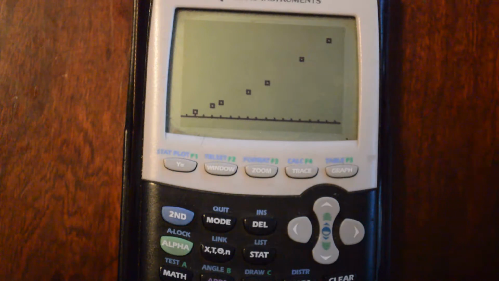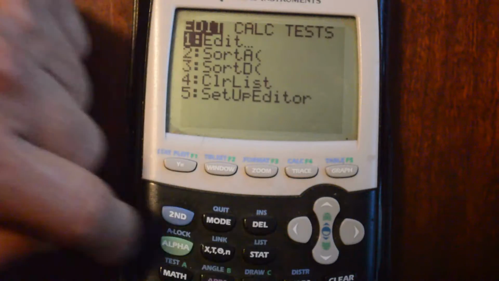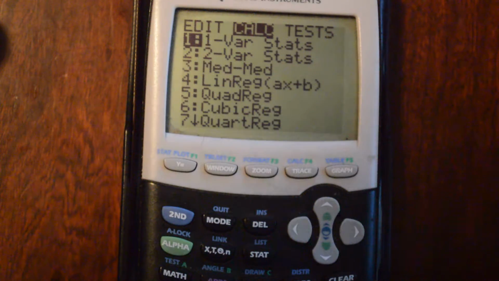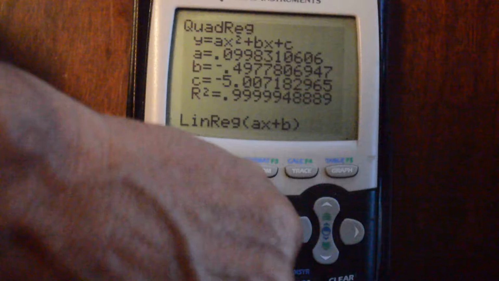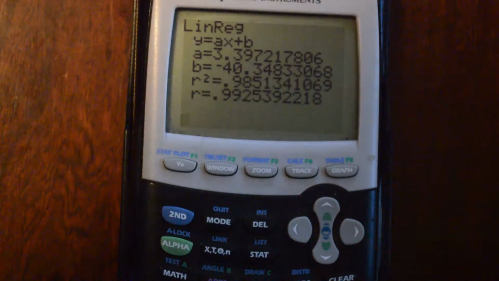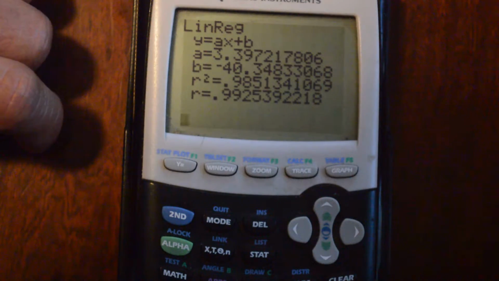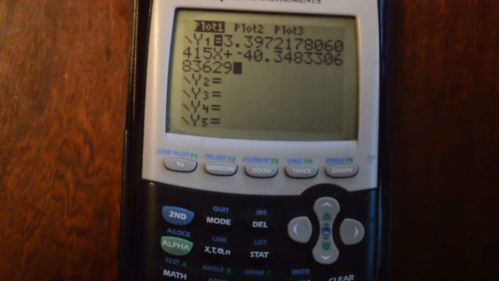You know what? Don't do this unless you want to. I'm going to run a linear regression. Stat, calculate, linear regression, which is number 4. Hit enter there and hit enter. And my R value is 0.993. Really, really close. So let's go to y equals, and I'm going to go to vars 5, equation, enter,